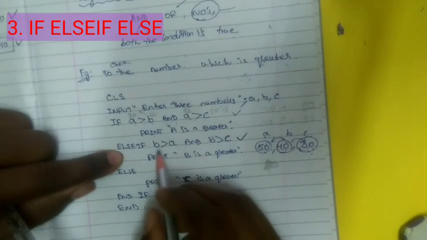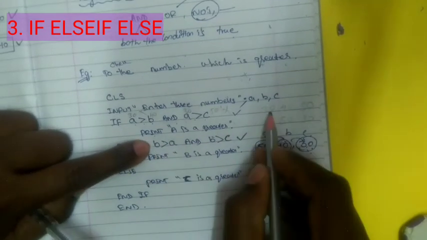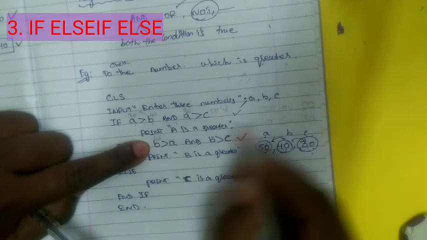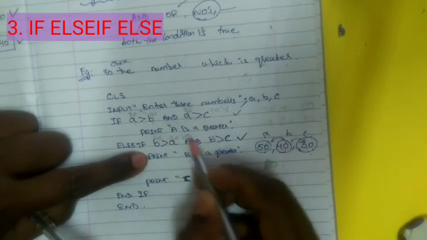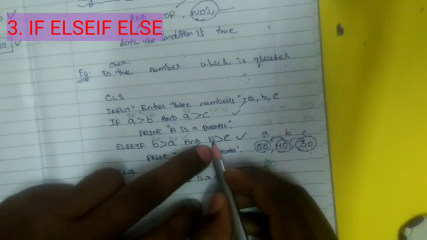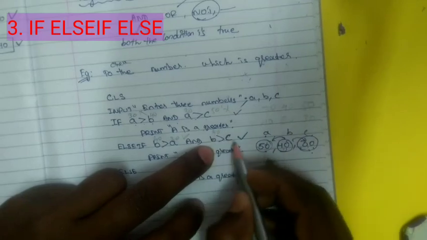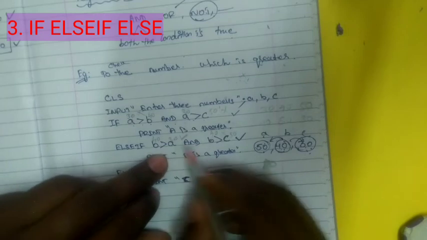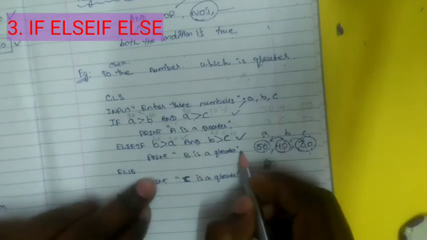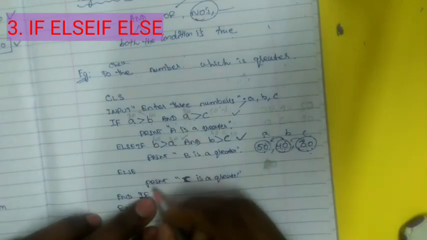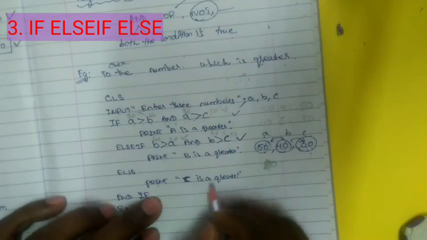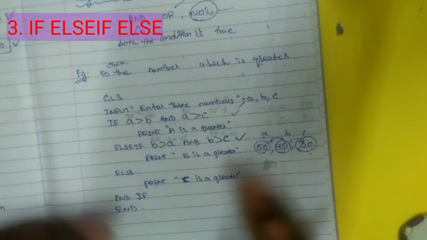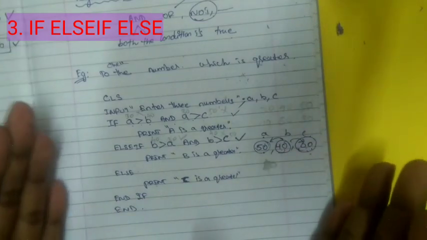Go to the next step. B is 40, A equal to 30. The condition is true. B is 40, C equal to 50. So this one is false. So skip the next line. Okay, it comes directly to the else part. So print C is greater. This is the way the program executes. Okay, and next,